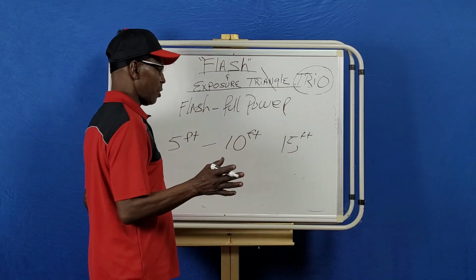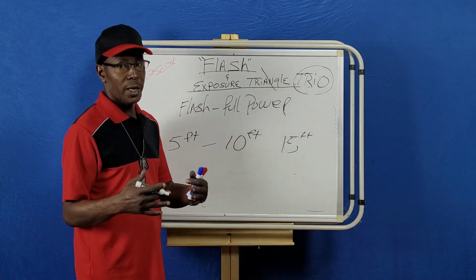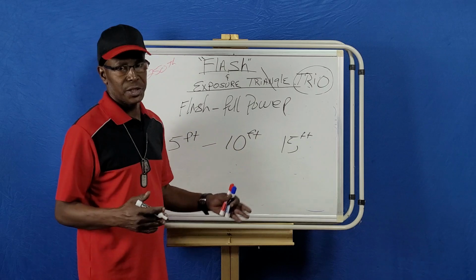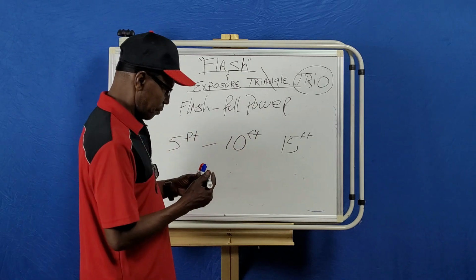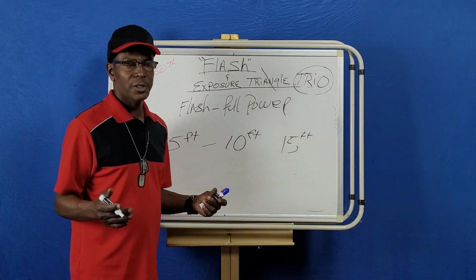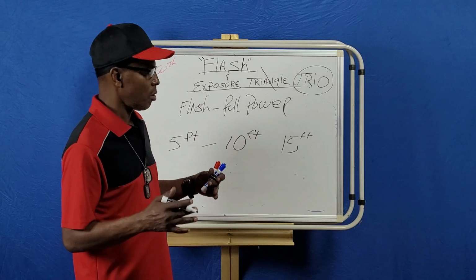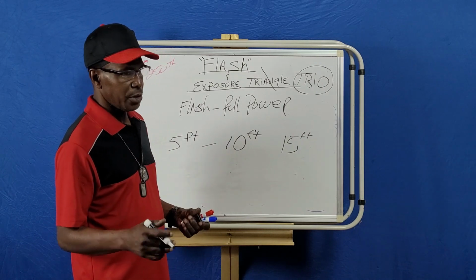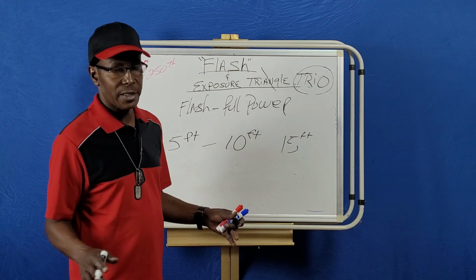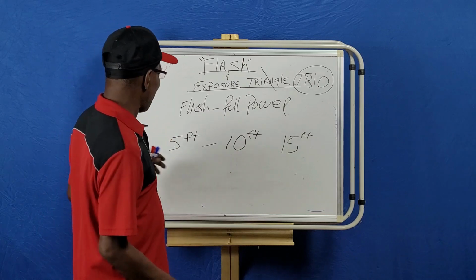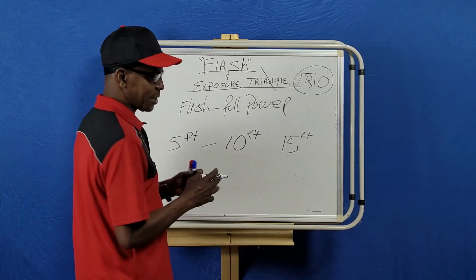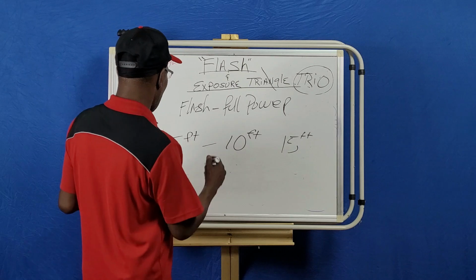So you would have to know how much power output and what f-stop you would get based on the distance. So I knew on the flash, I think it was called the Lumidyne flash, it was totally, 100%, you just turn it on. There was no other settings. It was on and off. At 5 feet, I knew I was at, because I did the flash test, I knew